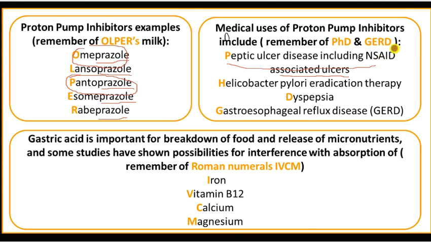Some persons who are using NSAID drugs, non-steroidal anti-inflammatory drugs, have a chance to get ulcer. For example, a patient who has rheumatoid arthritis is using some NSAID, so there is a chance he gets peptic ulcer. Also Helicobacter pylori can cause the ulcer, so we will use proton pump inhibitors in this case. Dyspepsia